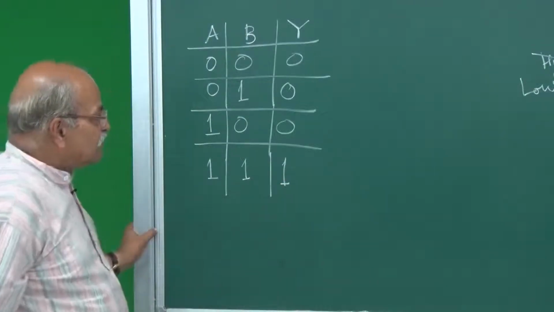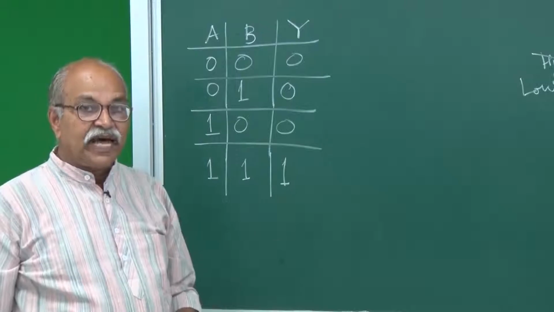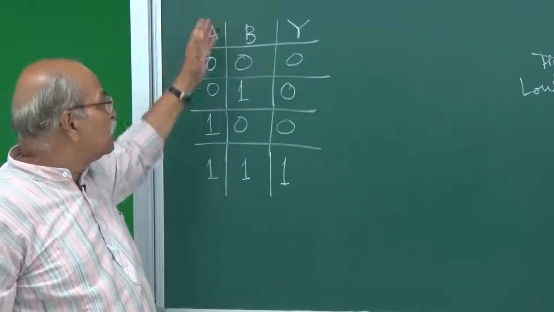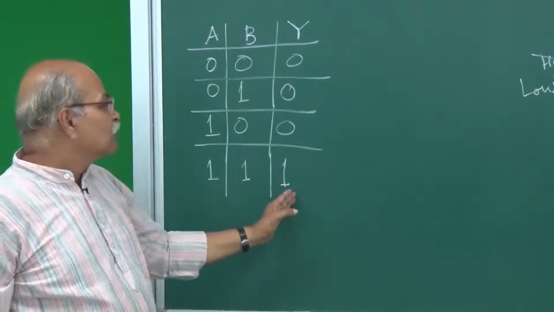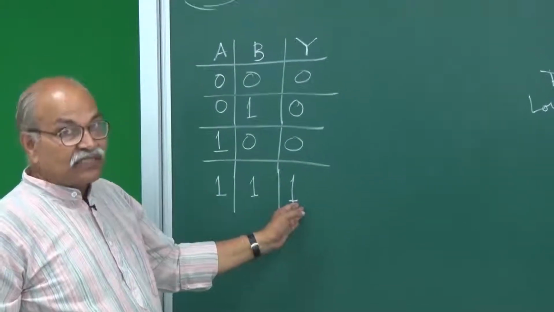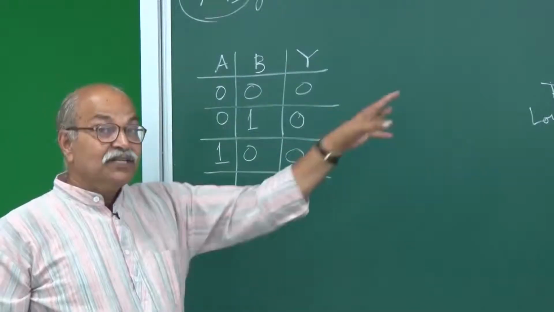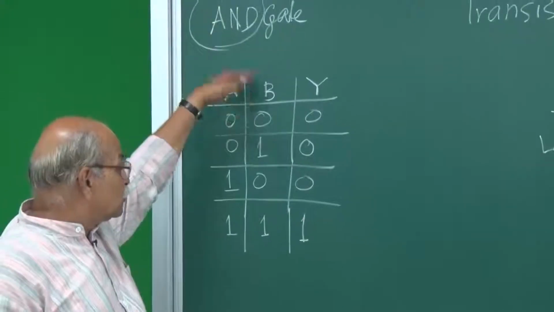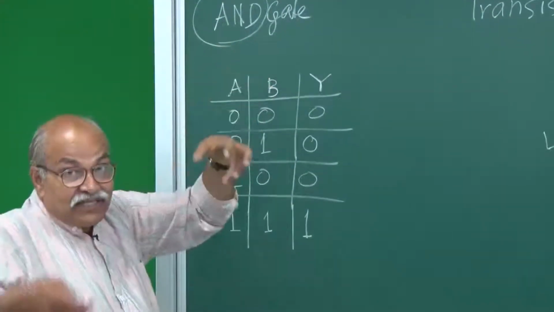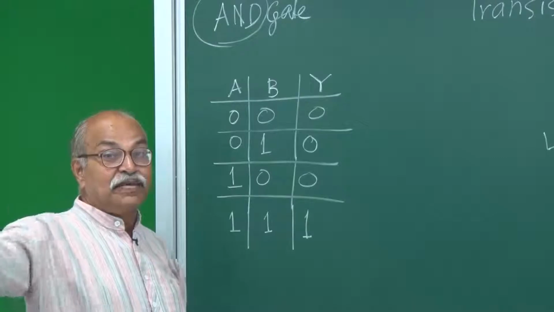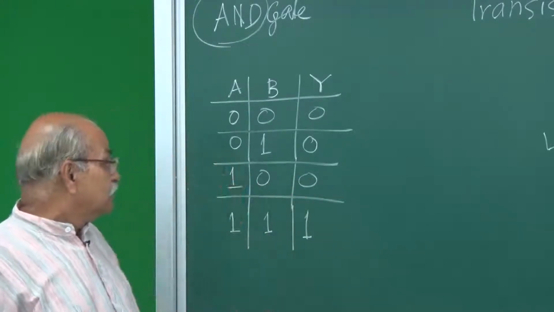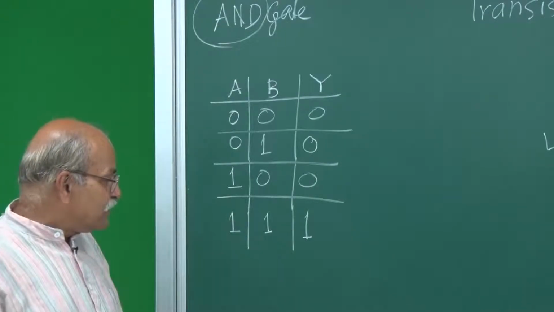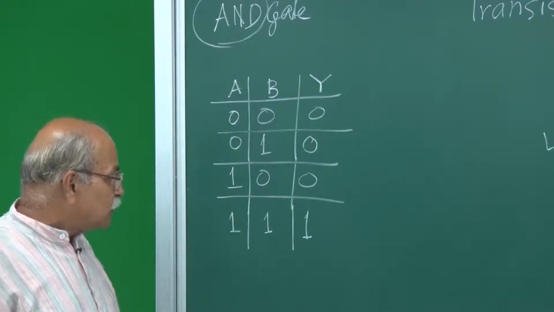So if you have a circuit of this kind, that circuit will be called AND circuit. Both of them should be high, then only the output is high, otherwise it is not. So it's not our binary addition, 1 plus 1 is 1 here. It should not be taken as addition, like 2 and 3 makes 5, it's not like that. Now this kind of thing you can think without any semiconductors or anything, like a switch.